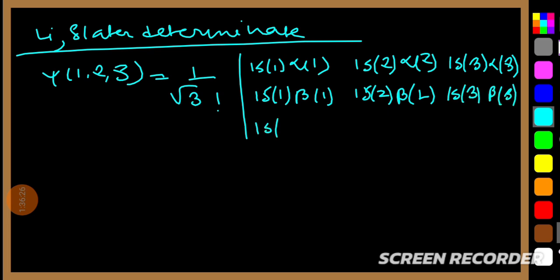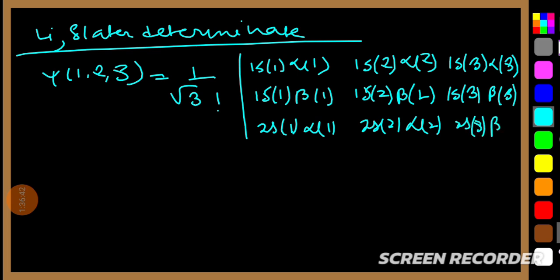এবার 2s এ চলে আসবো, 2s1 alpha 1, 2s2 alpha 2, and 2s3 beta 3. Okay, you can write this. আর আরও অনেক লেখা যায়, তো এটা লিথিয়ামের জন্য এটা জেনে রাখো। ওকে, তো এখানে আমি শেষ করলাম। এর পরের